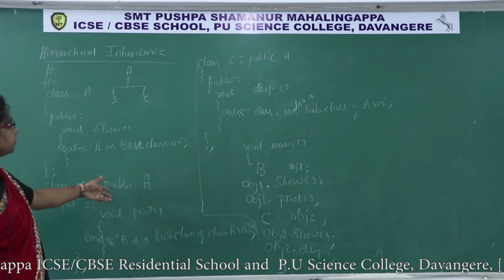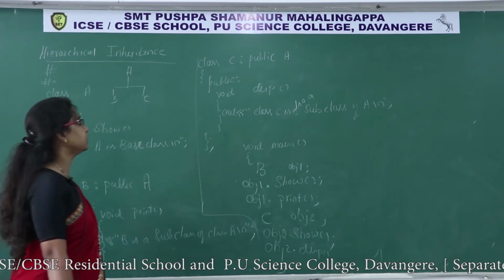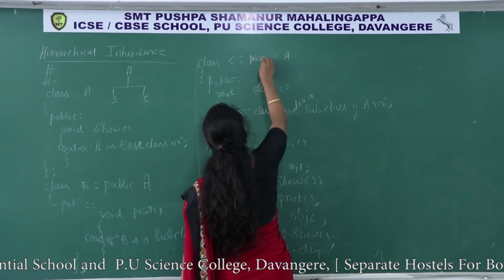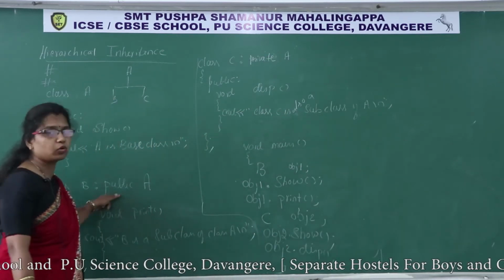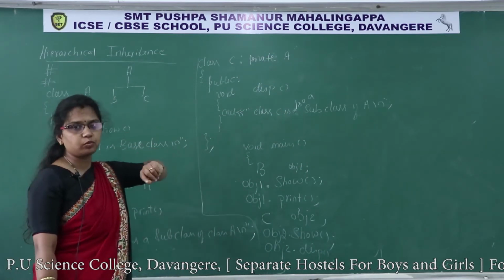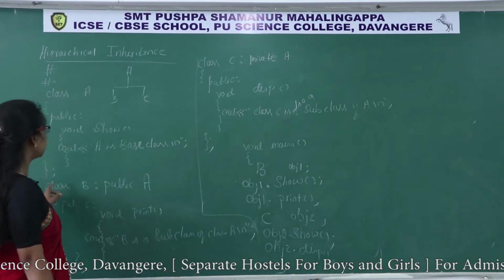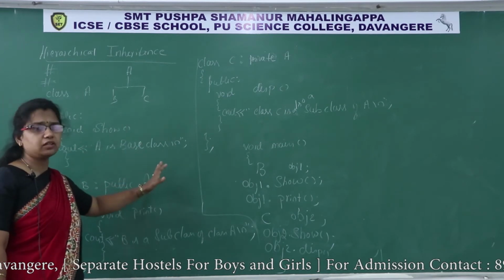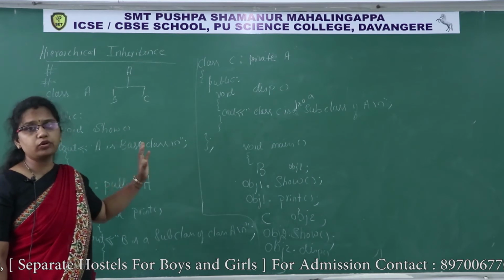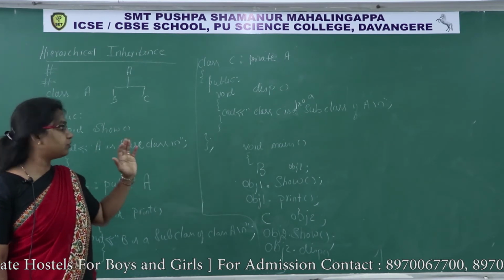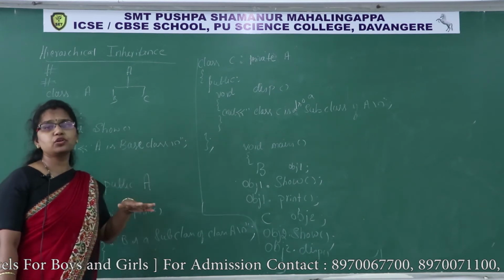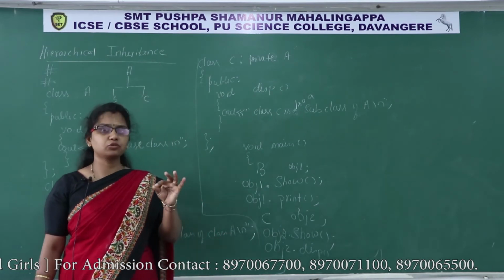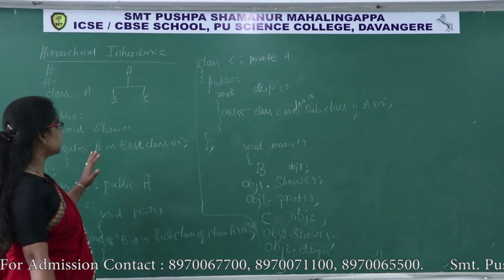Here I inherited these two classes in a public mode. If I inherit one class in a public mode and another class in a private mode, then how to access members? See here, you all know the visibility mode. The entire chapter is based on the visibility mode only. If you want to understand the inheritance chapter, first you have to understand the mode of inheritance, then how to access the members. These things you should be perfect, then it is easy.